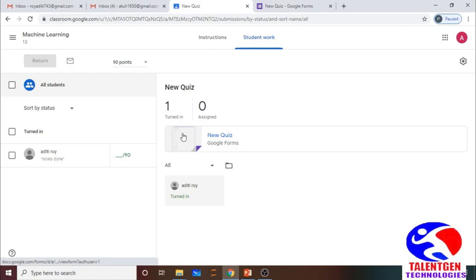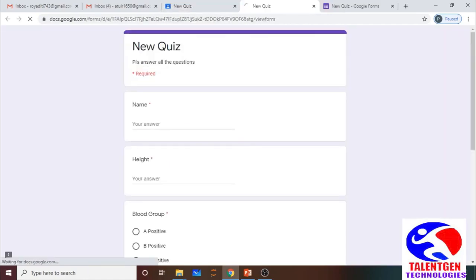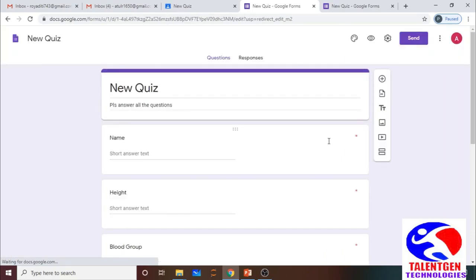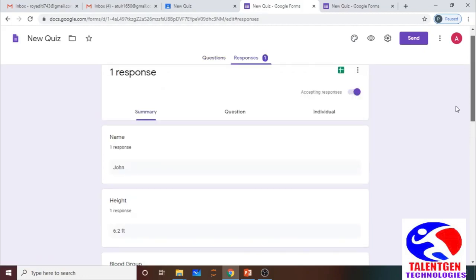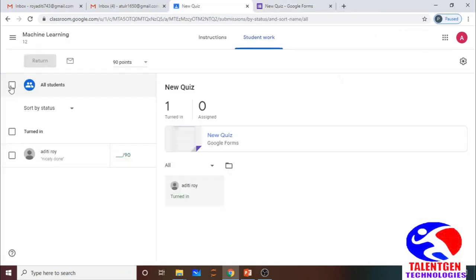Now you can click on this pencil button to view the answers. See here, responses is showing one. You can click on it and you can see the response, right? After seeing the response, you need to click on the All students button or the student button.